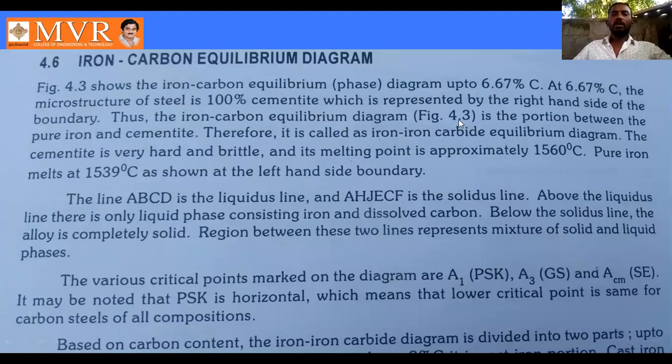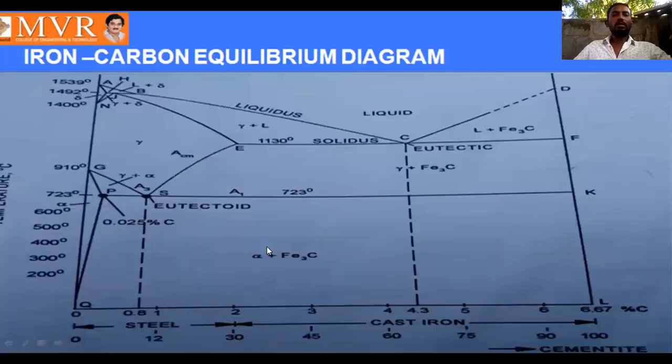The iron carbon equilibrium diagram, the portion of pure iron and sometimes one, therefore it is called as iron carbide equilibrium diagram. The sometimes is very hard and brittle, and the melting point is approximately 1560 degrees. Pure iron melts at 1539 degrees one. So shows the left side of the boundary one. So చూడనమ్మా, listen here. First of all,